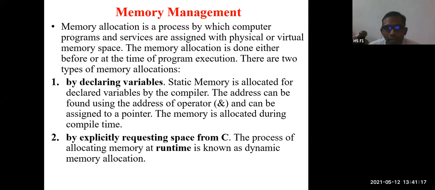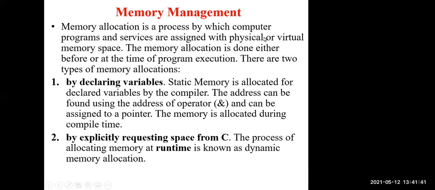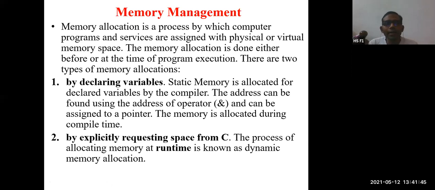Whatever variables we have seen are allocated at compilation time. That is called static memory, where the memory can't be changed. Now in this class we are going to learn how to allocate the memory at runtime. Let us start the class. Today's class starts with memory management, how you are going to manage the memory. Is the slide visible? Yes, sir. Great. So memory management means you are going to allocate the memory.